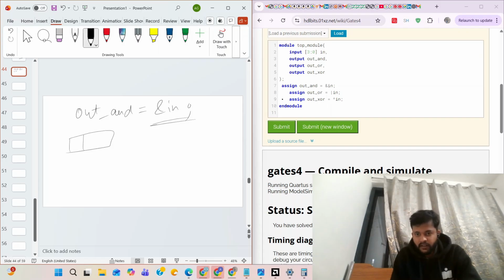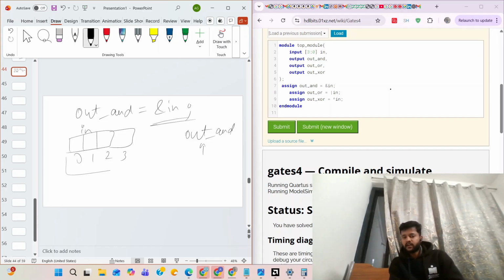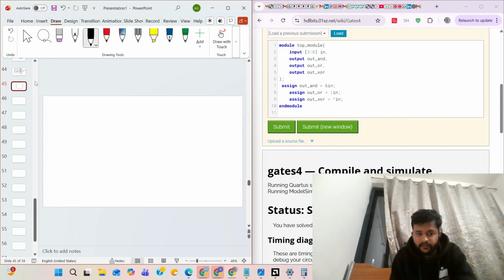Let's say it's 0, 1, 2 and 3. This one is the input. Output is a single bit only. Output and is a single bit and we are using the reduction operator. It will do this and operation on every bit of this input.